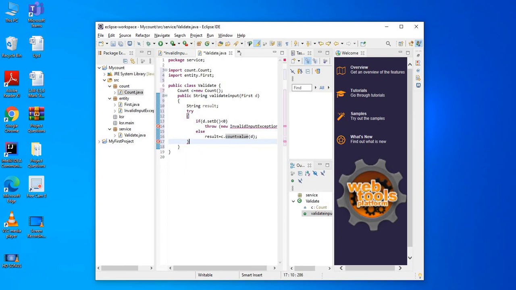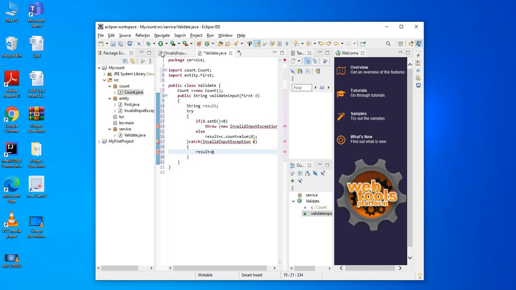Or else now we have to give the catch block. Catch of the exception is invalid input exception E. Now we have to open. So now we have to store it E. If you store it like this, it will throw the error because the result is of type string and E is of type invalid exception.